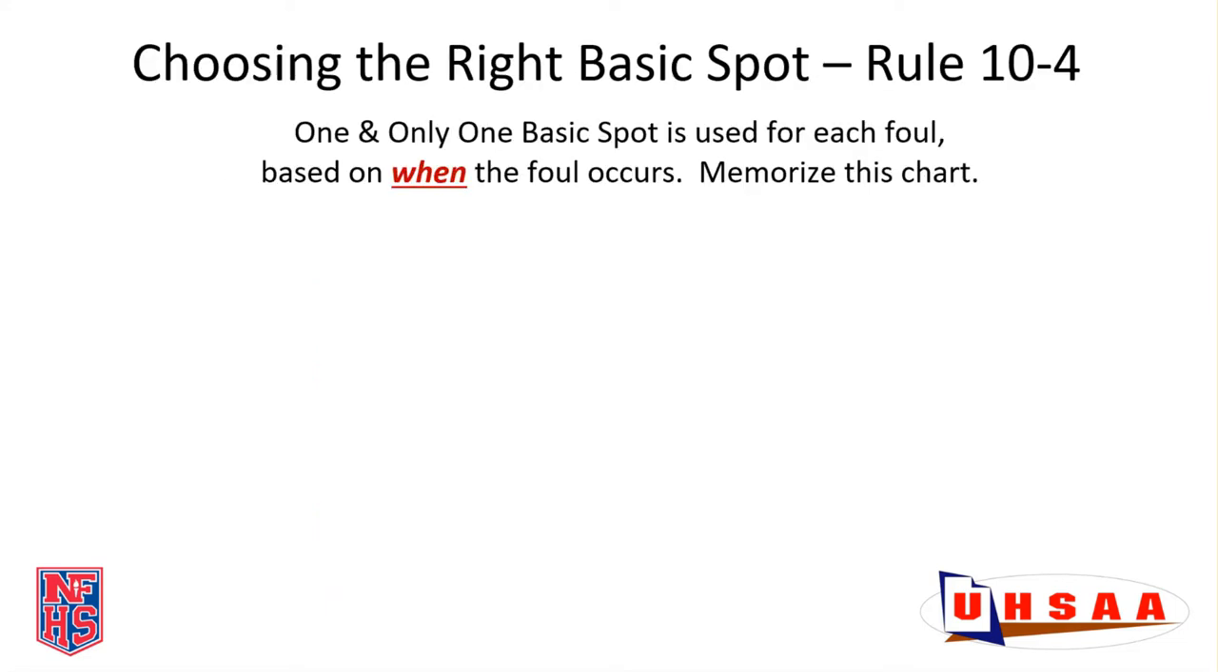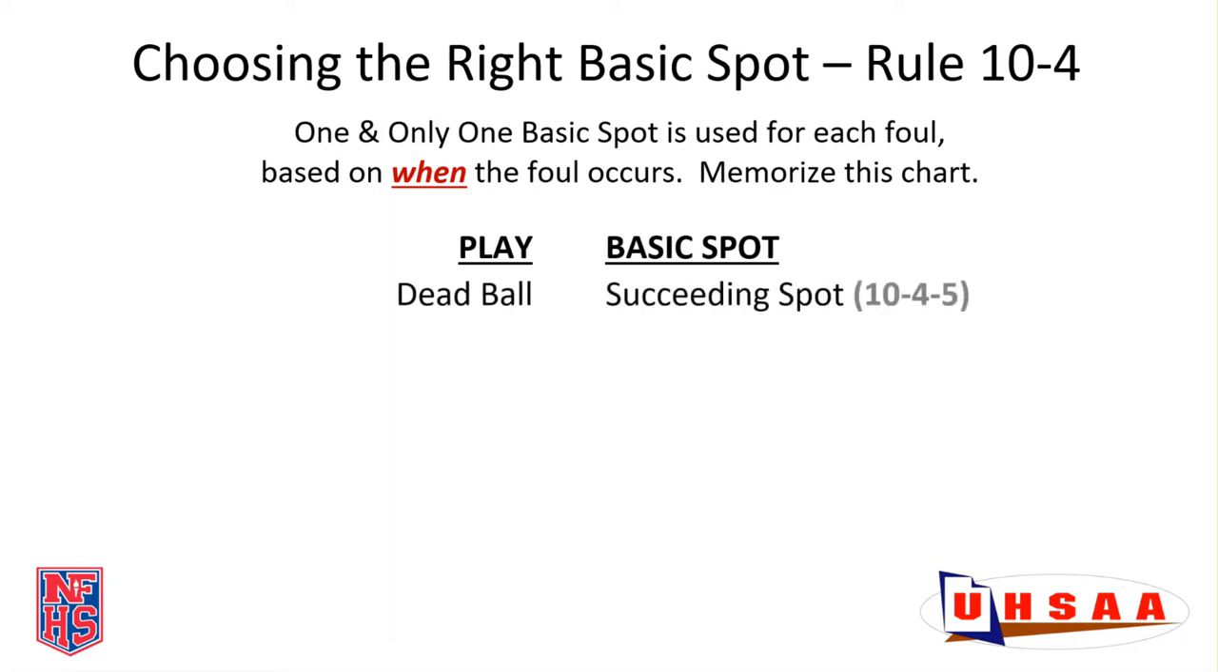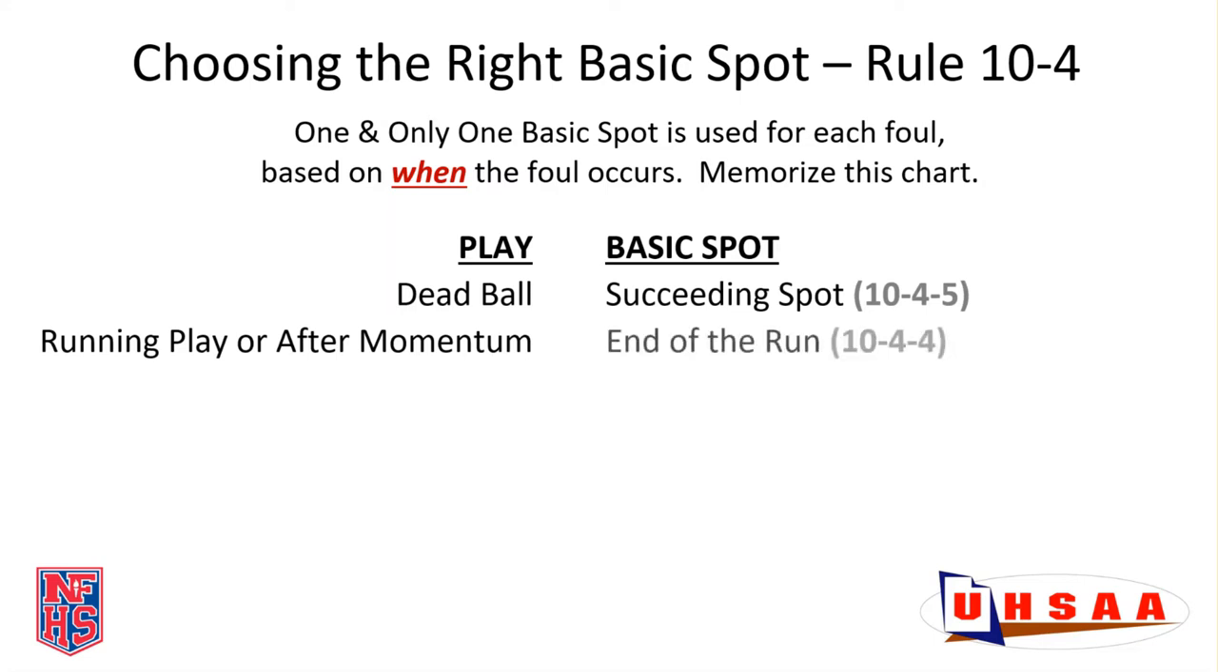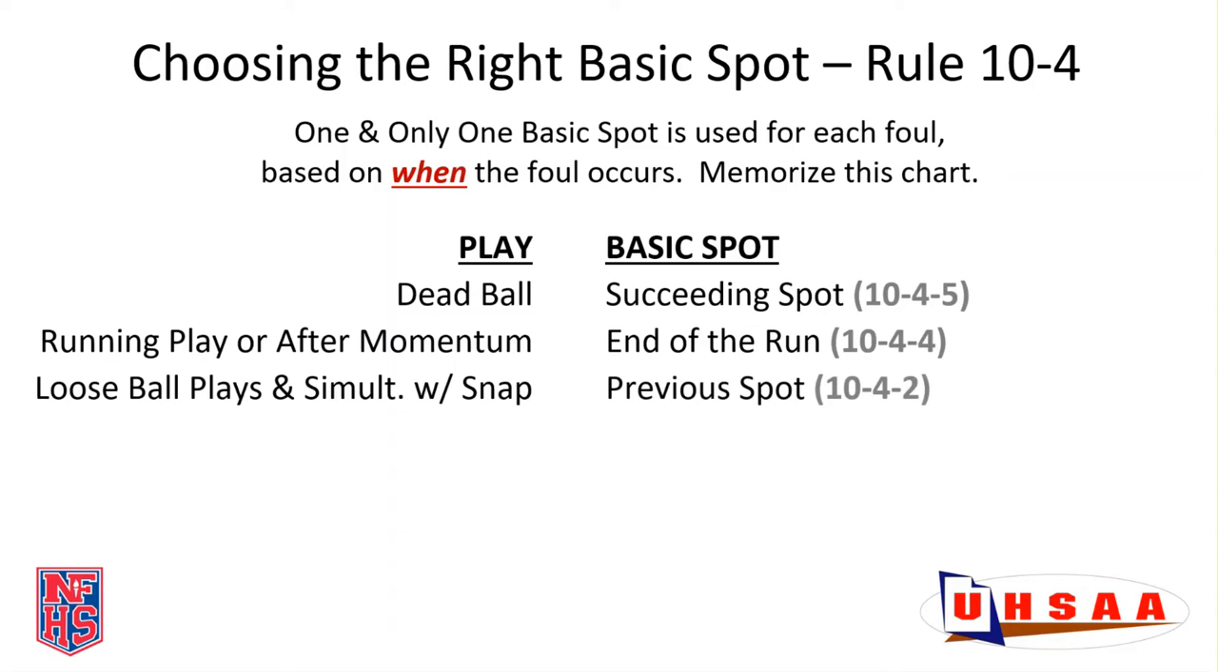So what you have to do is choose the right basic spot, because one and only one basic spot is used for each foul based on when the foul occurs. So just memorize this chart that compares the play to the basic spot. So if your foul occurs during a dead ball, the basic spot is always the succeeding spot. If it occurs during a running play or after the momentum exception, then your basic spot is the end of the run. If it occurs during a loose ball play or fouls simultaneous with the snap, the basic spot is the previous spot. There's your 3 normal